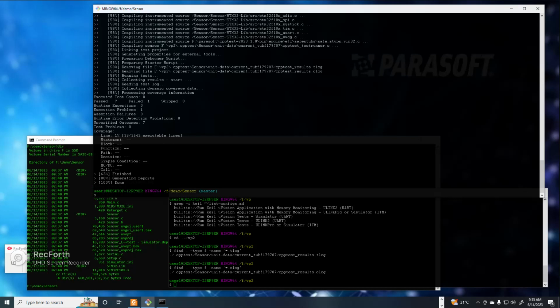As you saw, back and forth, I was using the Keil IDE and the Parasoft IDE, and then I used the command line to generate the unit test, and I used the command line to run the unit test, but there were parts in this step that still use the IDE. So I'm going to improve this video later on when I find a pure command line way of doing this, but